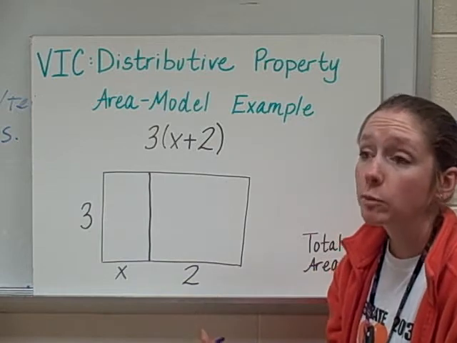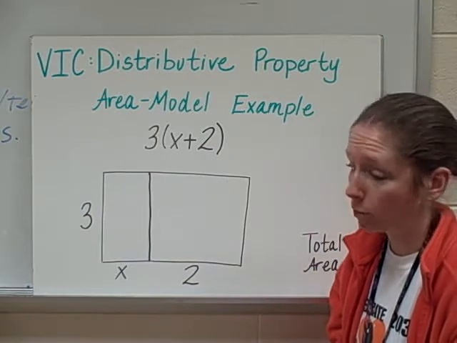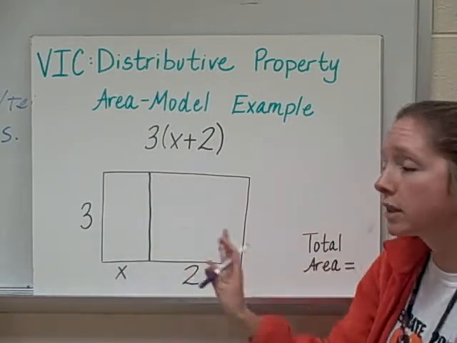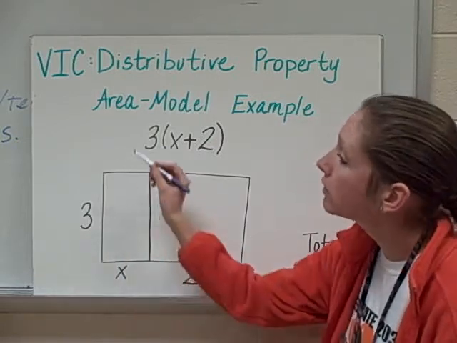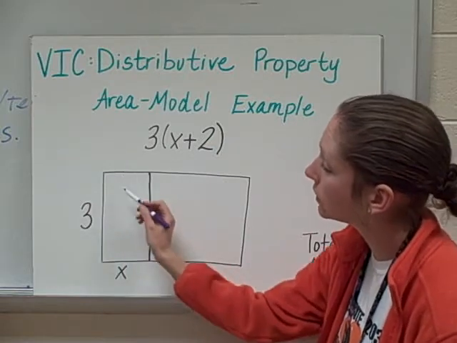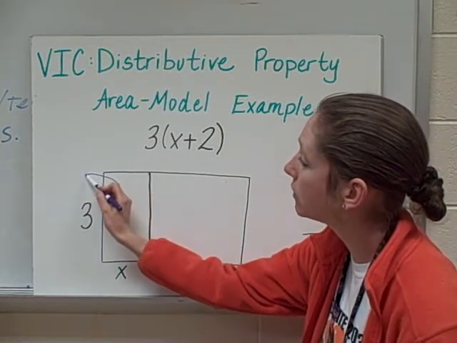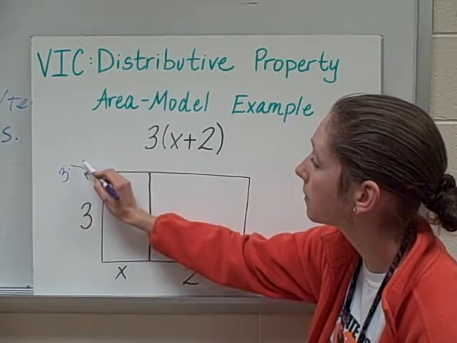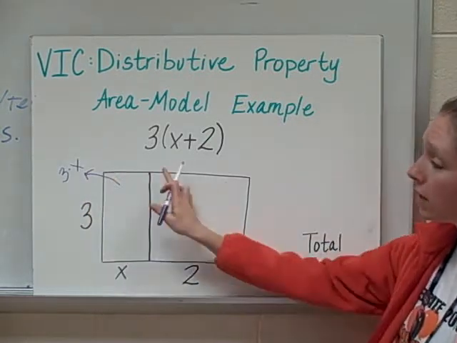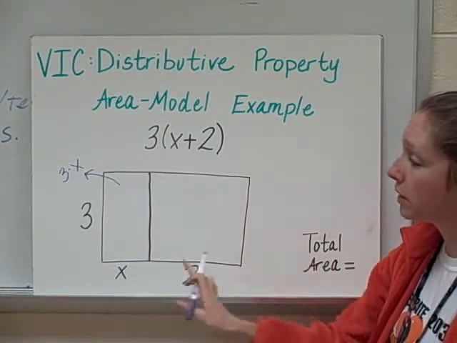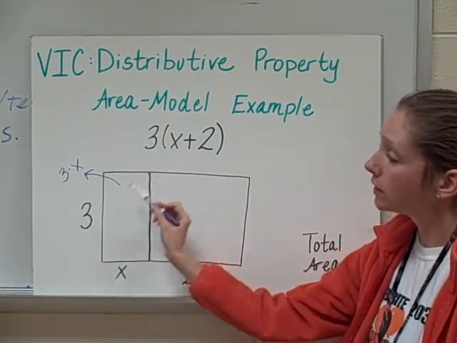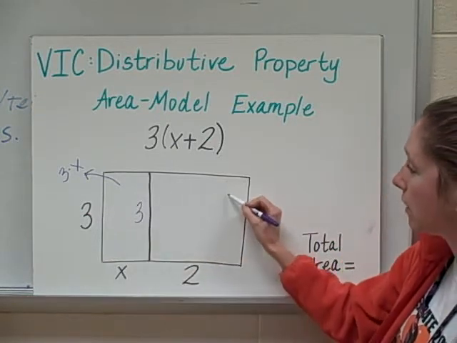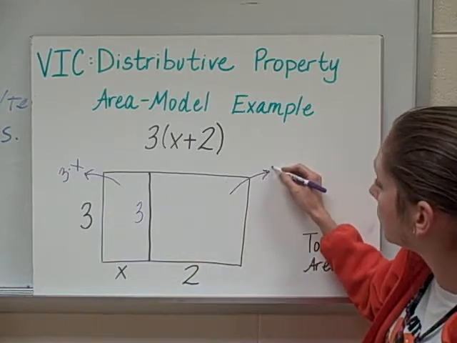I know that you've experienced finding the area of a rectangle before, so think about how you'd find the area of this rectangle. There's really two rectangles coming together here. If I'm going to find the area of just this small one over to the side, I would multiply length times width, and that would give me 3 times x. If I'm going to find the area of this rectangle here, remember, this is 3, this is also 3. So the area of this rectangle would be 3 times 2,